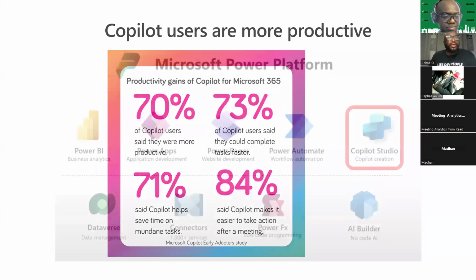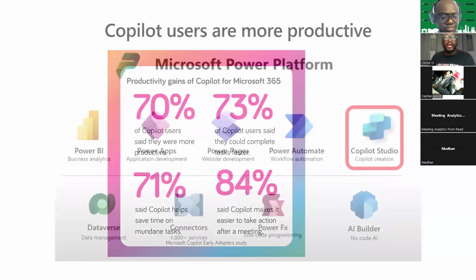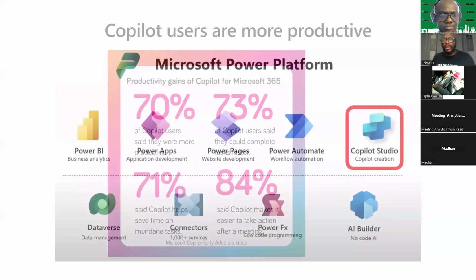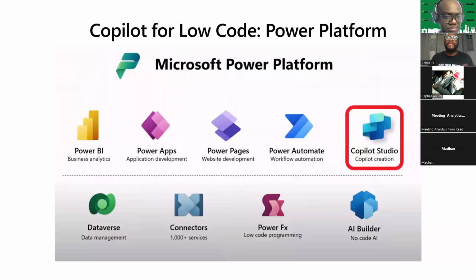Okay, just giving you all that whole scenario, but looking at Copilot for low code, which is like Power Platform, we have the Copilot Studio. We can customize our own Copilots. We can build our own Copilot experiences now. Before Copilot Studio, if you're familiar with Power Platform, there was a chatbot that we used to have called Power Virtual Agents. So the functionalities and the capabilities now are part of Microsoft Copilot Studio.